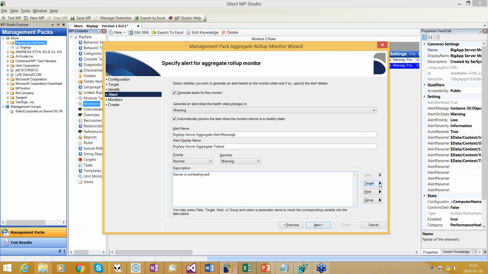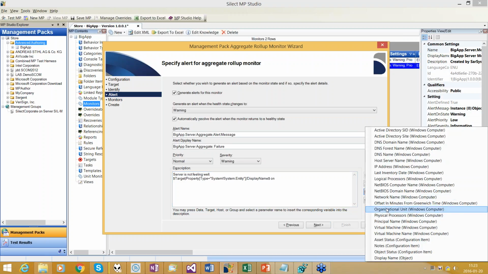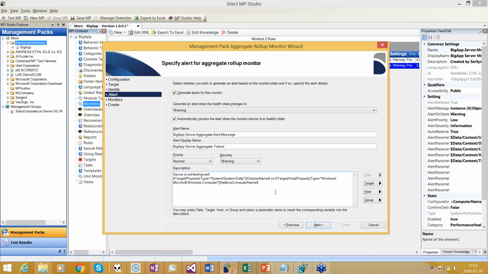These controls on the right here allow us to substitute in values. So I'm going to put in the display name, which will give us the server. And I'm also going to tell it from the hosted control what the name of the computer is so that people can find it. So it'll tell us the server isn't working well, the proper name, and what computer it's on in the alert. And you can put an awful lot of stuff in here, but I think this is sufficient